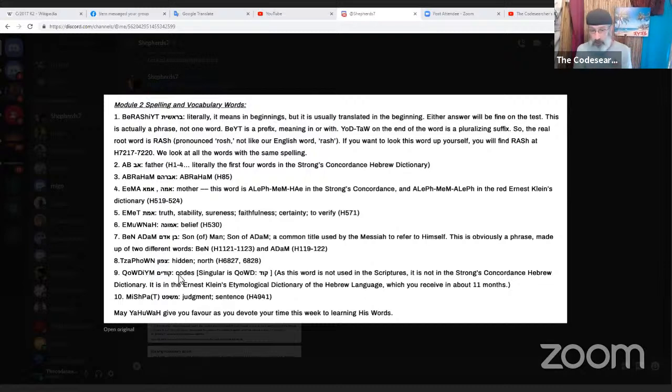Kodim is number 9, and this means codes. Very similar to Pikudei, right, which is in Psalm 119. This word precepts, very connected to that word, just 1 letter difference. It is spelled Kuf, Vav, Daled, Yod, Mem, which is the plural. The singular would be Kuf, Vav, Daled. It's not in the Strong's Concordance, okay? It's not something that's used there. But Pikudei is there, which you can find, which is precepts.